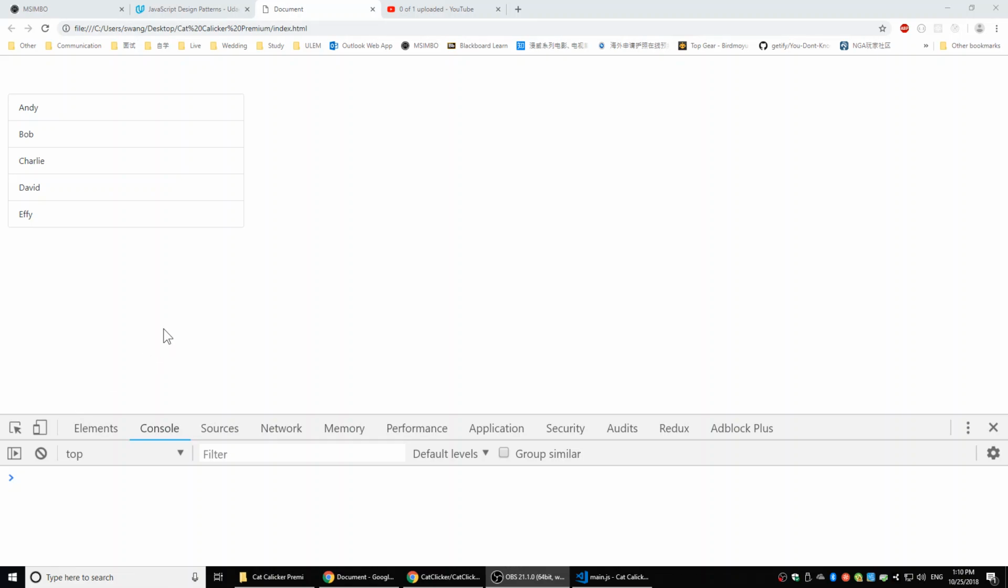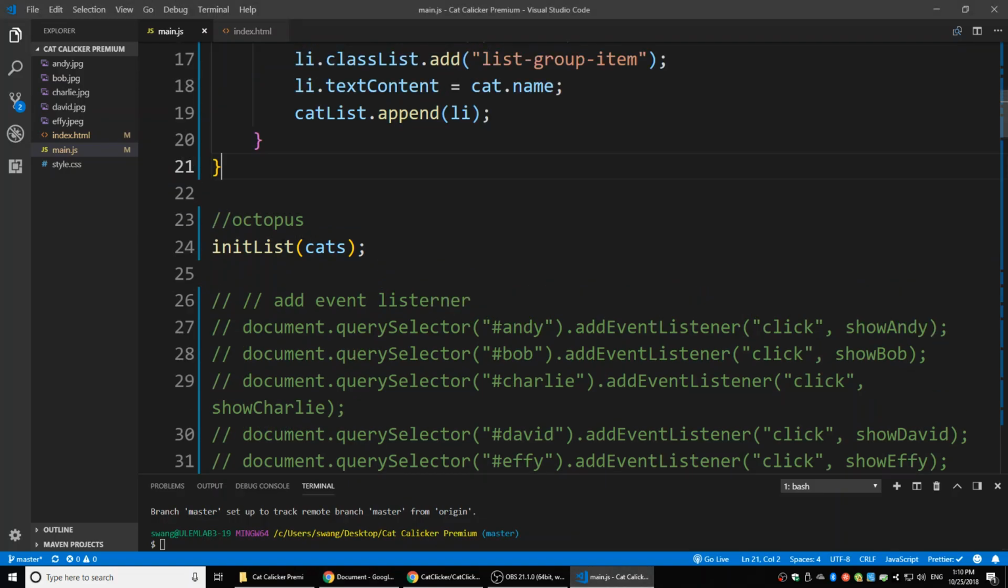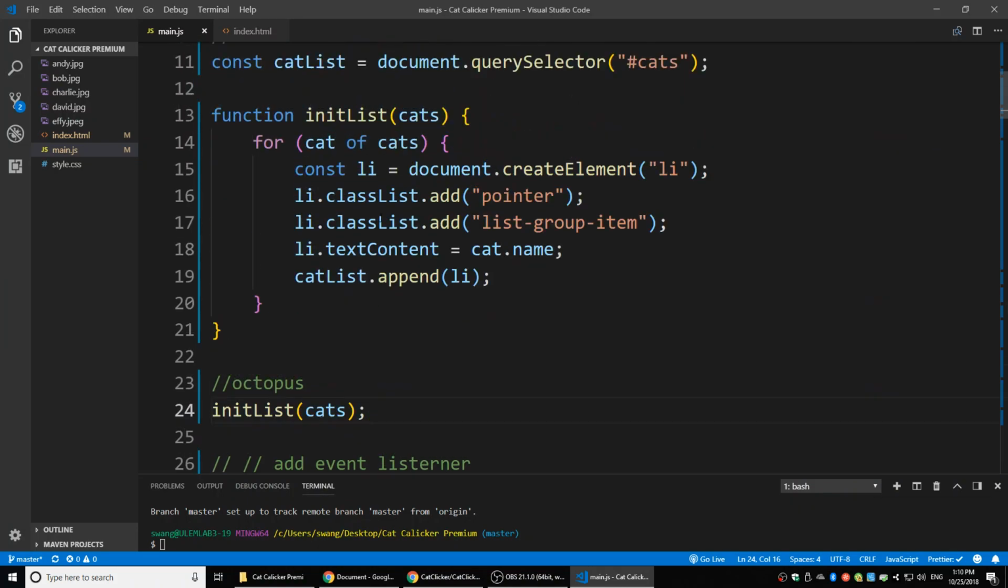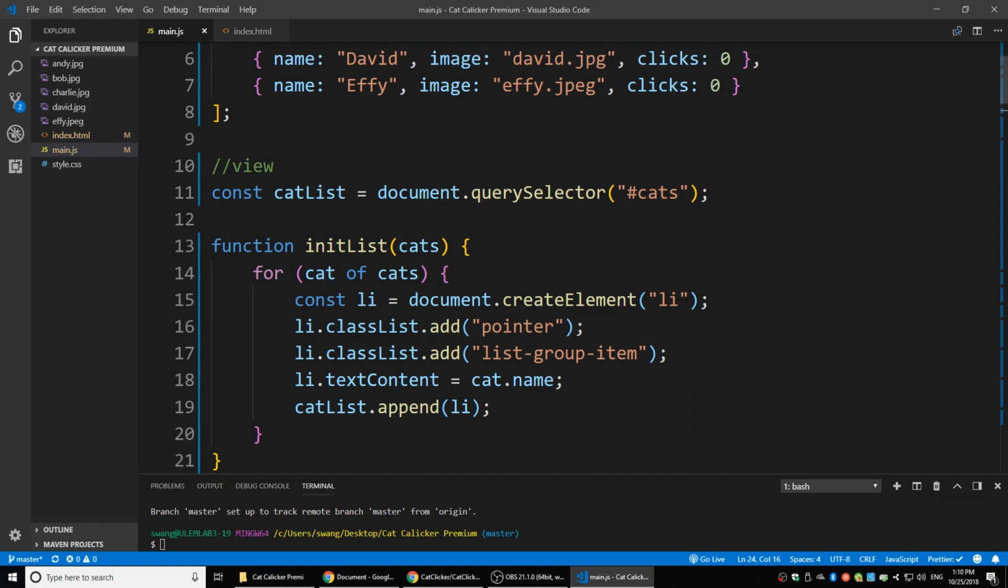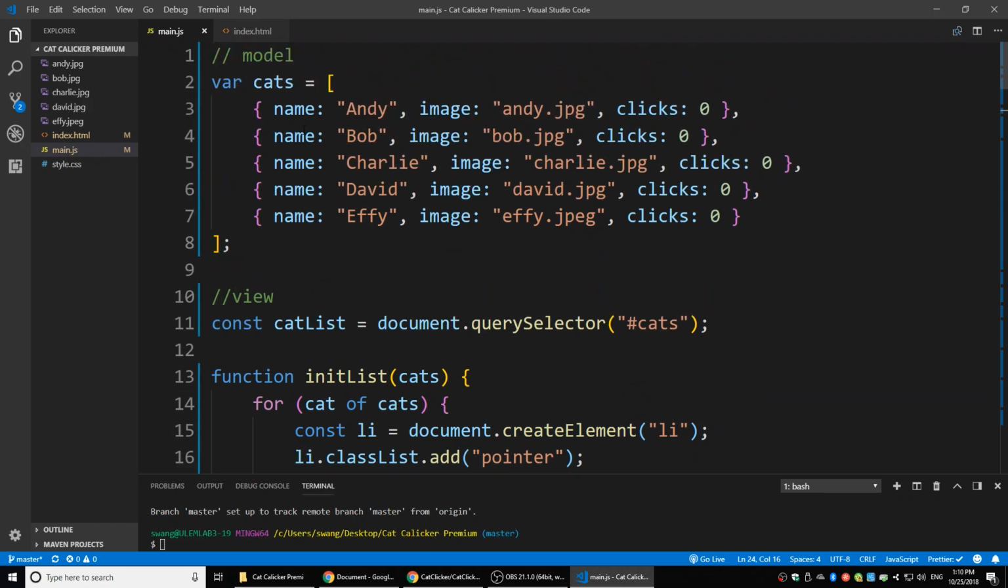Before the launch, we already have the list ready. It has Andy, Bob, Charlie, the names. It's dynamically coming from the function we just have in the Octopus. Here I have the initial list, and when I call the initial list, it's going to call the function I have in my view, which is a for loop here,